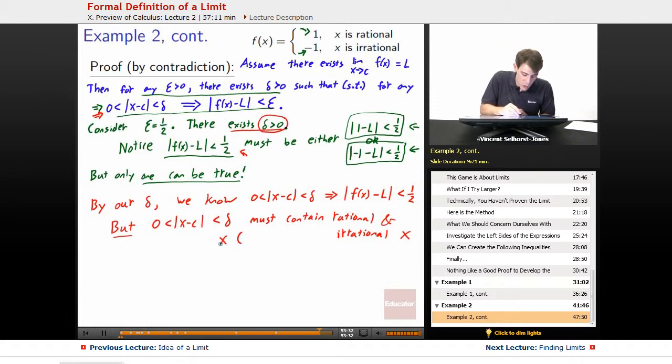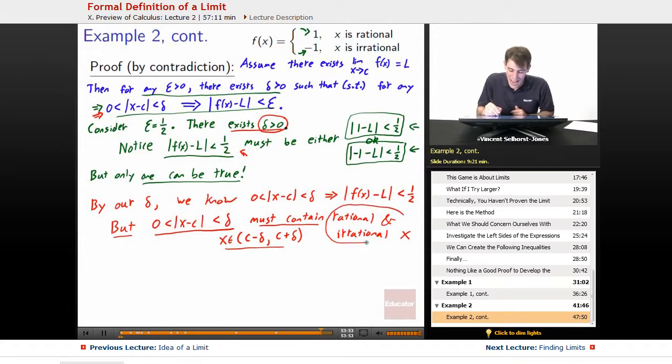We know that x is going to be within the interval c minus delta to c plus delta. Well, any interval, because remember, rationals and irrationals are right on top of each other. Then that means this interval here, the one set up by 0 is less than the absolute value of x minus c, which is less than delta, must contain both rational and irrational x values. So if it contains both rational and irrational x values,